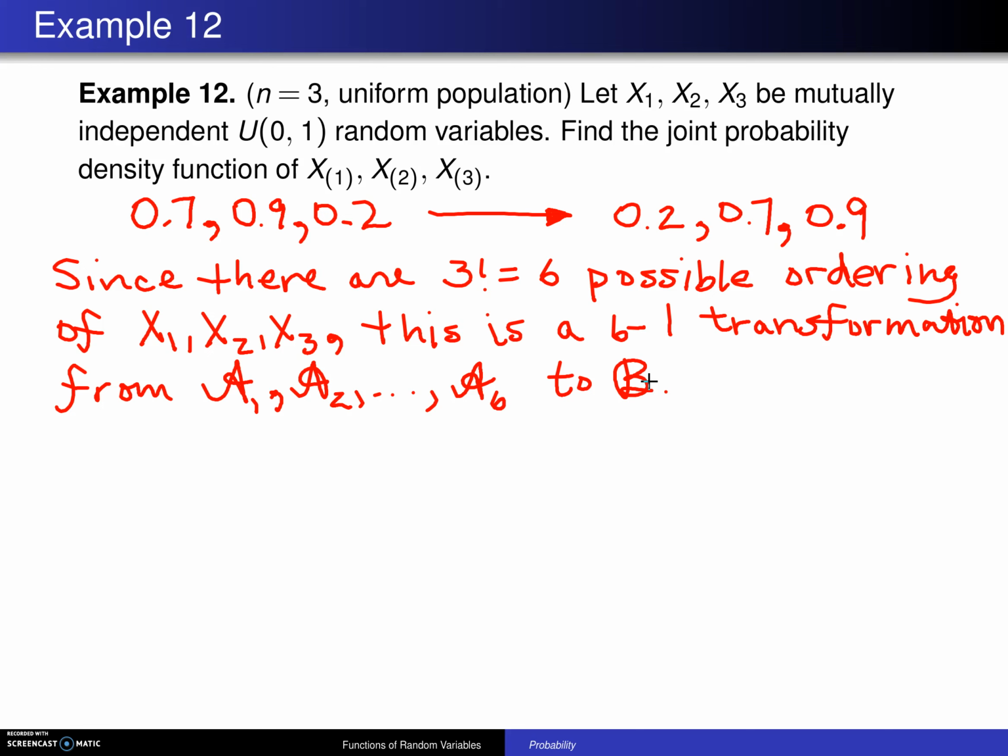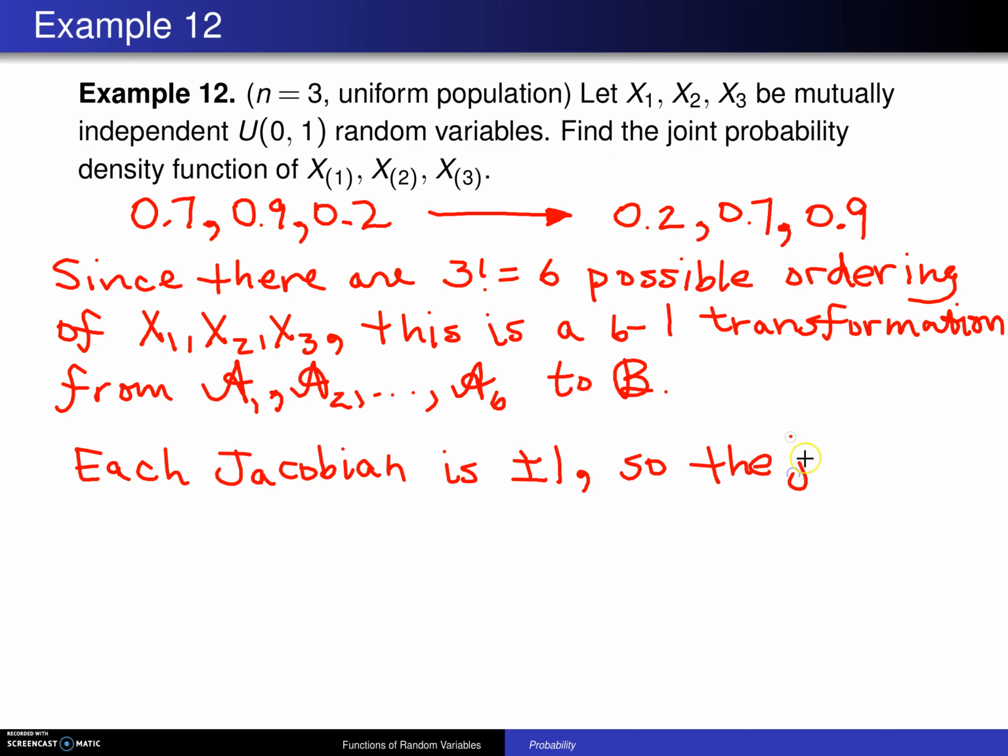And if you were to look at the Jacobians for each of these 6 different one-to-one transformations, each Jacobian happens to be equal to plus or minus 1, just as it was in the last example. So the joint probability density function of the order statistics x1, x2, and x3